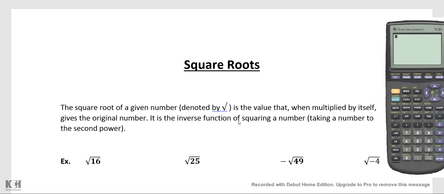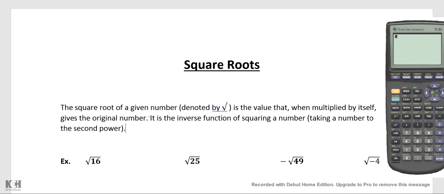The last section in this unit is a short one. It is just a quick review on square roots, what they are, how to work with them, how to simplify them, how to solve them. The square root of a given number, denoted by the radical symbol, is the value that, when multiplied by itself, gives